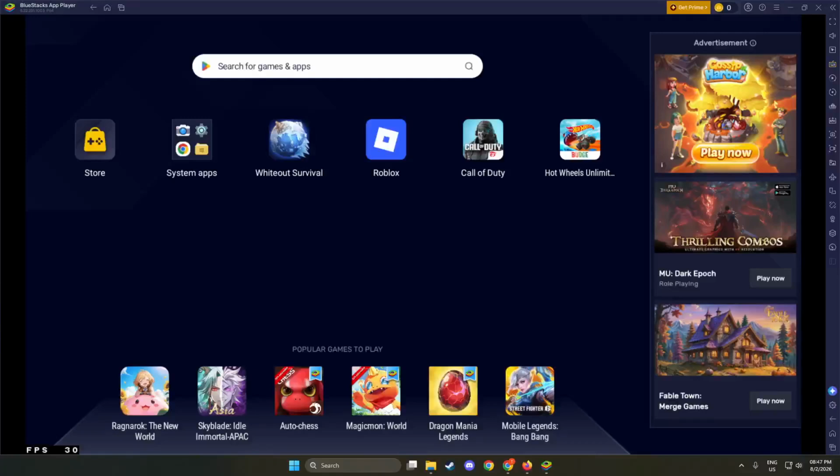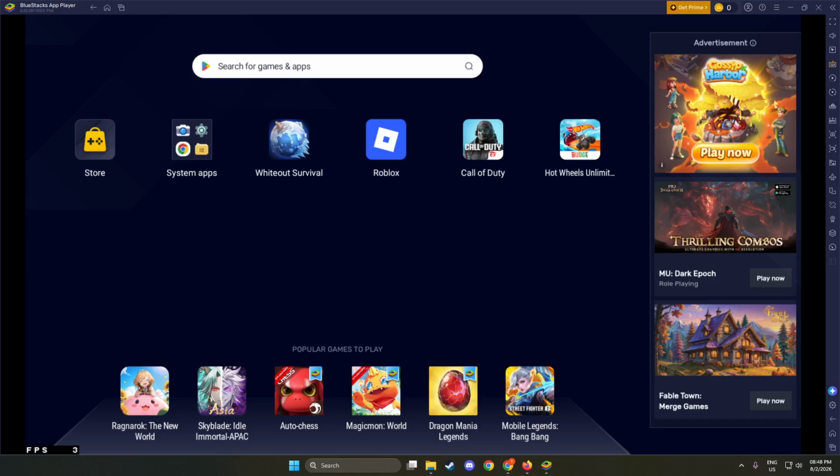In today's video, I'm going to teach you how to fix lag in BlueStacks 10. To start, open BlueStacks 10 on your computer. Once it loads, you should see the main home screen with your installed apps and the navigation bar along the top and side. Give it a moment to finish loading completely because changing settings while it is still starting up can sometimes make the menus feel slow or unresponsive. When the home screen looks stable and clickable, you are ready to continue.